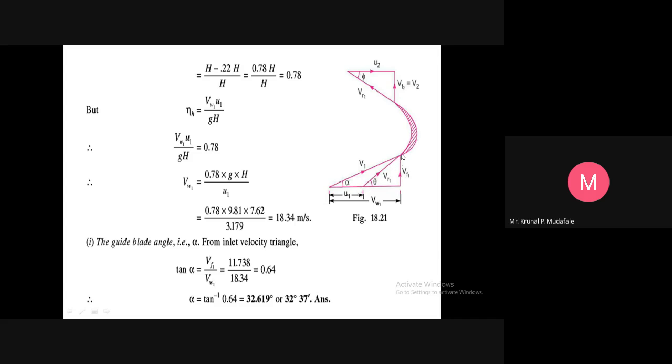relative velocity. The angle of the wheel is always formed with the relative velocity, that is the tip angle, also called theta at the inlet, right. And then after that the absolute velocity v1 is to be resolved by the